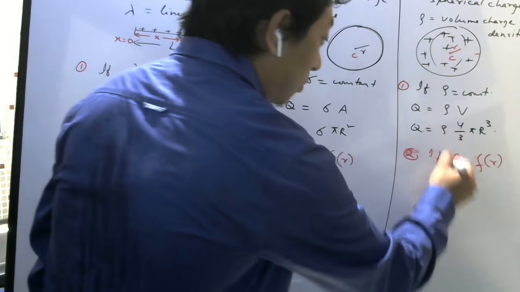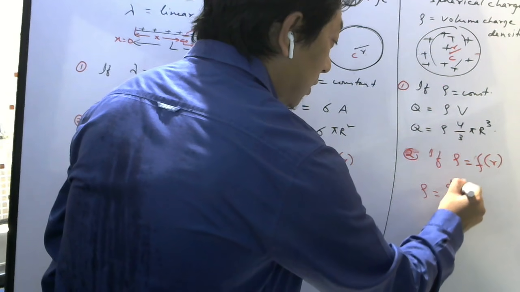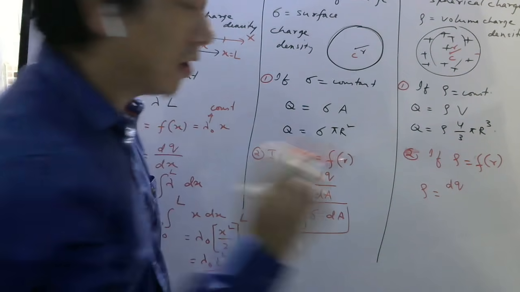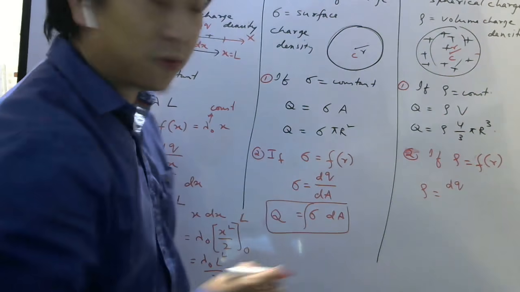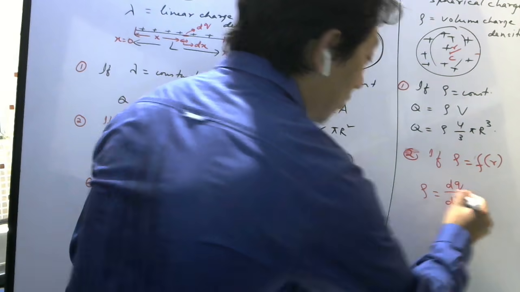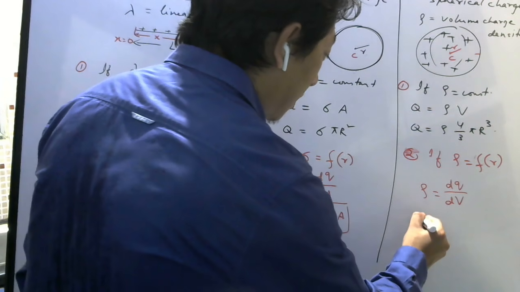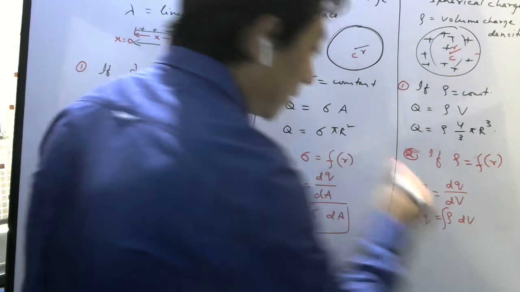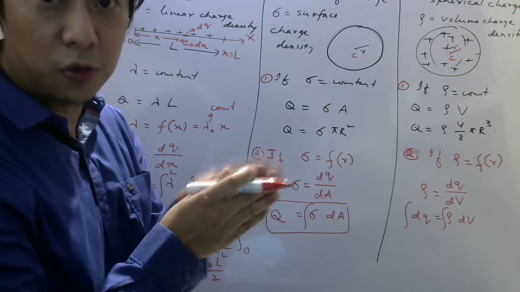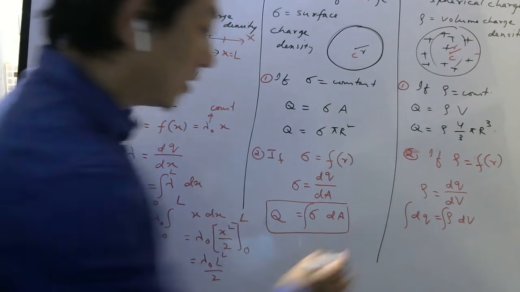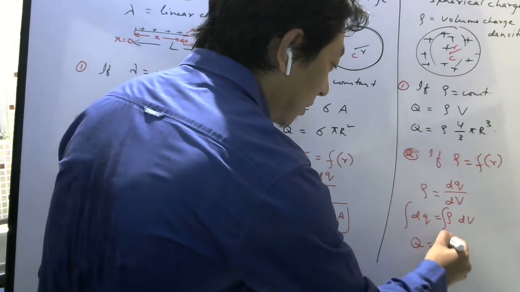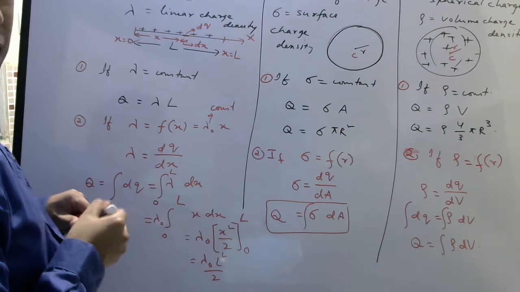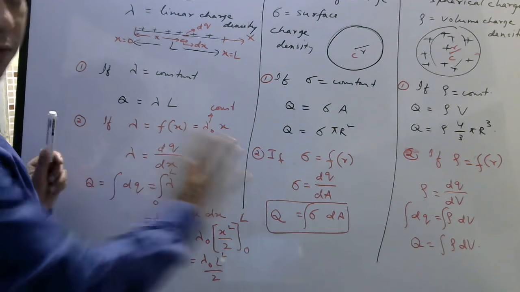So you have to write this rho as dq, which is charge in a small length or area or volume, now volume. So take a charge on a small volume, then divide by the small volume. Then you cross multiply, then you integrate. Just like we did in the case of finding the total distance, exact same concept. So this will be your total charge, integral rho dV. Okay students, so these three things I want all of you to remember very properly.